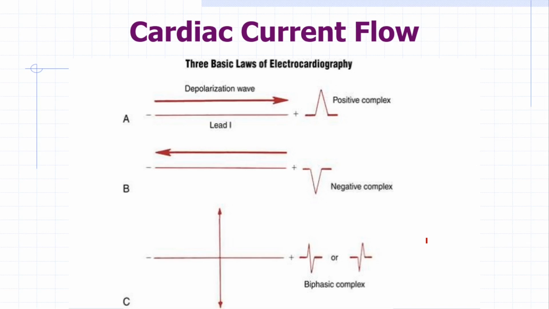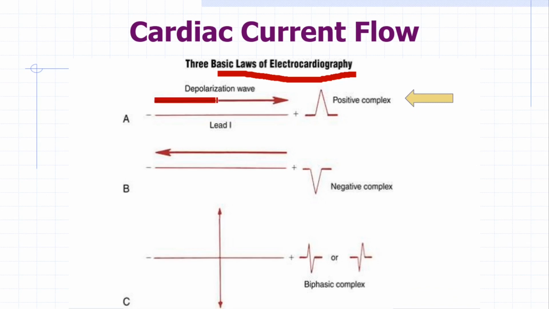Now here, once we are done with all these 12 leads, their placement and how the recording is done, one should be aware of the basic laws of electrocardiography: why we get either positive waves, negative waves or biphasic waves in the ECG, electrocardiogram. Okay, so here the first rule is that